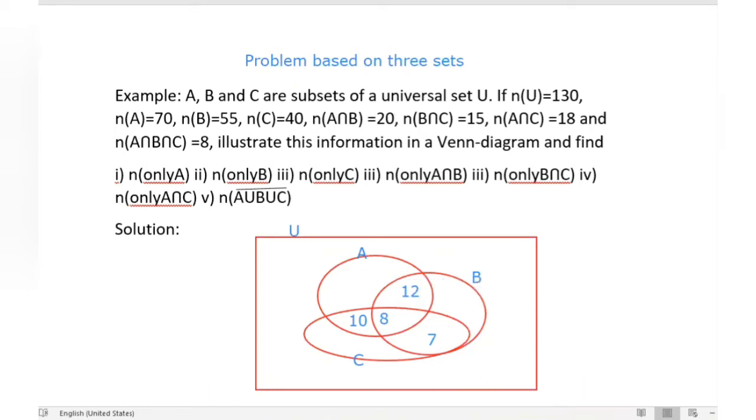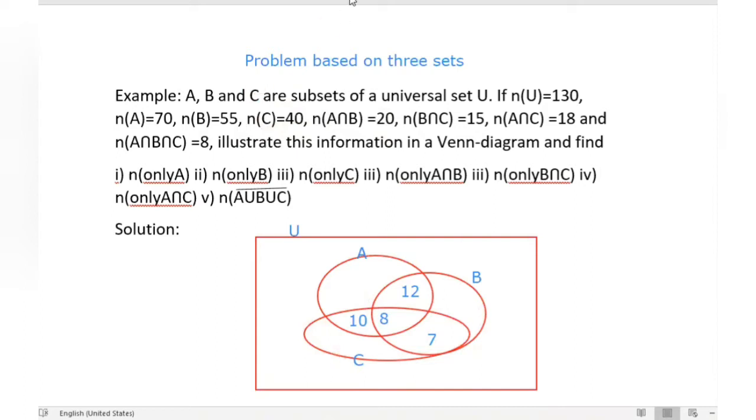Now up to here you are clear, I guess you have no problem. Now n(C) is 40. Now look here. This one circle is your n(C), this one circle is n(A), and this one is your n(B).